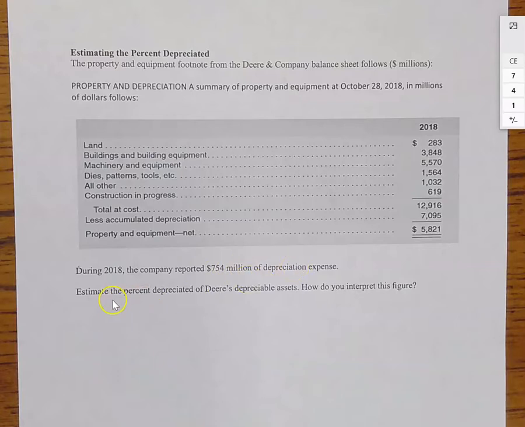All right. And then they say to estimate the percent depreciated of Deere's depreciable assets, and then how would you interpret this figure? Well, one thing that we want to make sure we understand is that